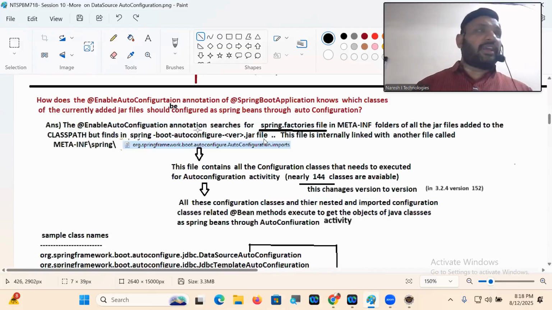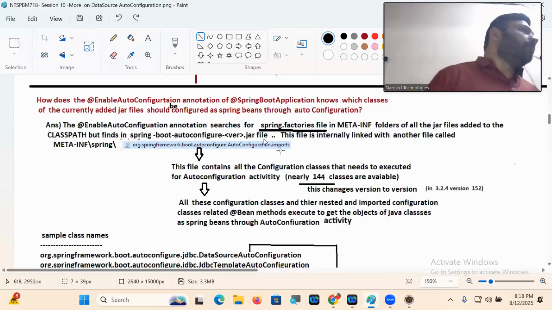@EnableAutoConfiguration annotation searches for what, guys? The spring.factories file in the META-INF folder of all the jar files added to the class path, but finds it in what? The spring-boot-autoconfigure-version.jar file. This file is internally linked with another file called META-INF/spring/auto